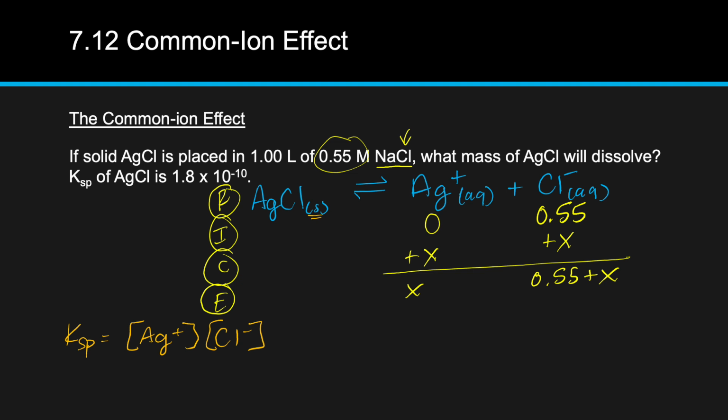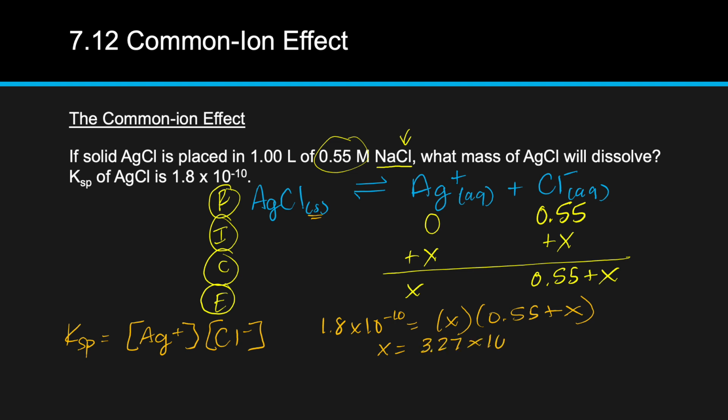So Ksp we are already given, 1.8 times 10 to the negative 10th, and that is equal to x times 0.55 plus x. So in your calculator, because this is a quadratic equation, you do have to solve it quadratically, and you get x is equal to